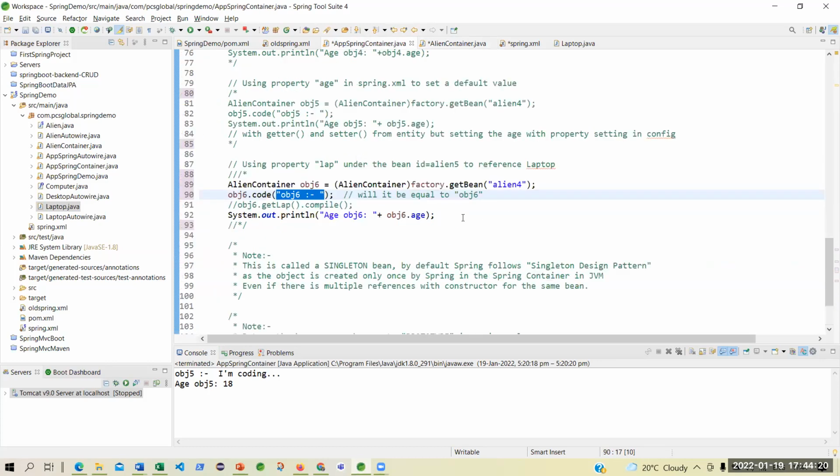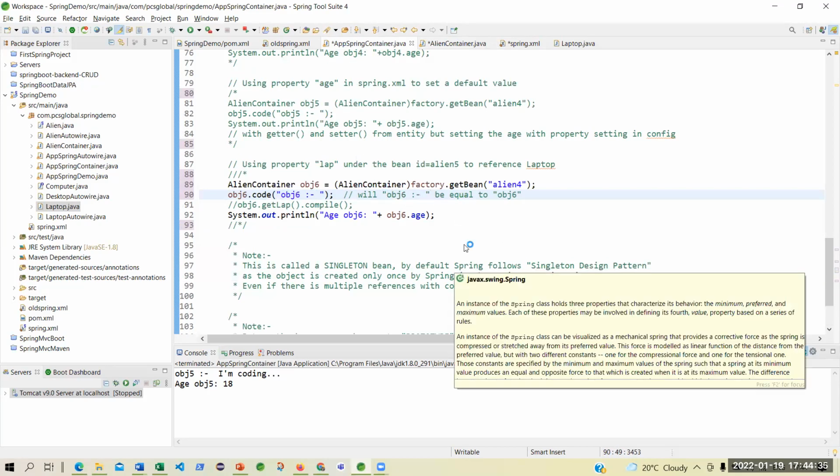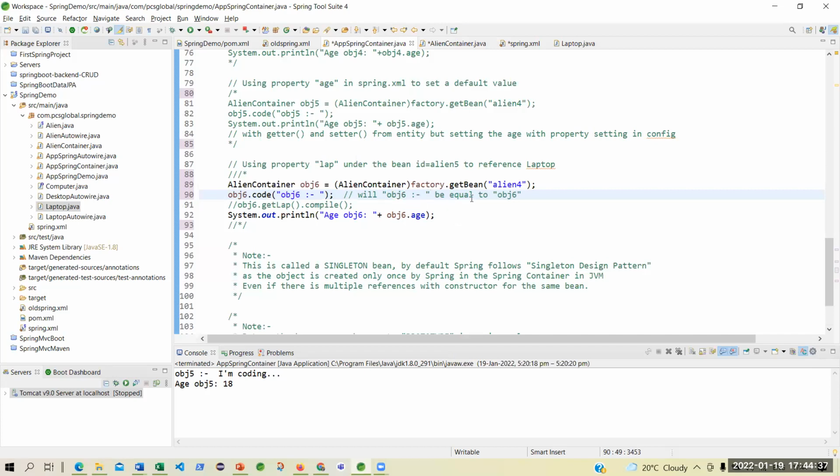Yes, sir. What was the message? The message was, okay, will this be equal to this? No, it's a strict equality check.